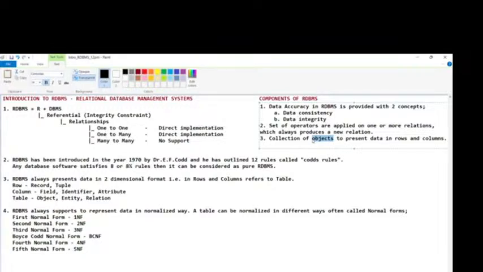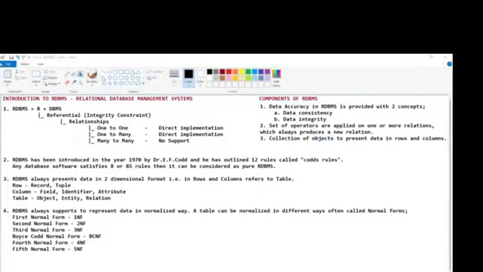Yes, this is the complete introduction of RDBMS. Simple to understand. I said that accuracy of data in RDBMS we provide with consistency and integrity. I haven't explained anything about it. Operators, I only named them, but I didn't show you how to apply them. I said that collection of objects, that too